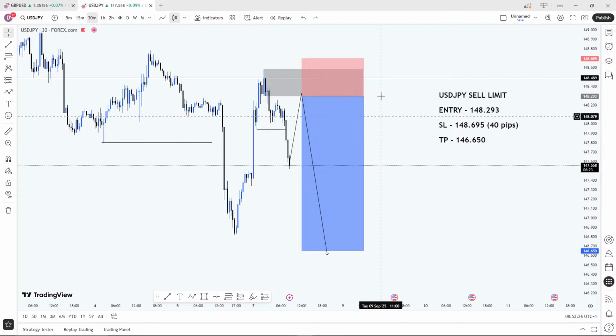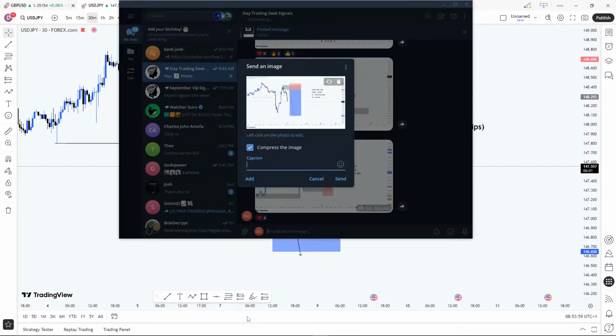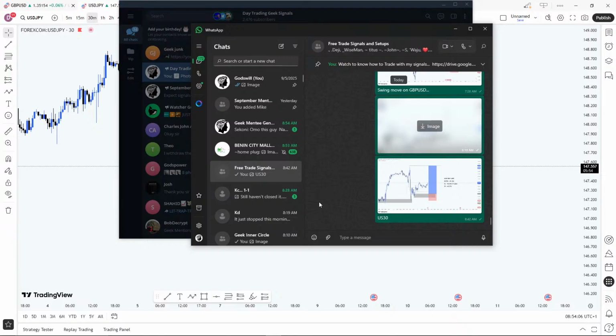If you are not even disciplined, you will see yourself jumping on the trade as it's going in your favor, seeing it's not coming back. You just see yourself jumping on the sell or jumping on the buy because you are not disciplined. But if you would have just set a limit, it's going to help you avoid the unnecessary losses.